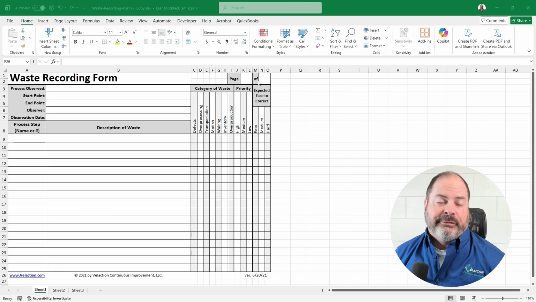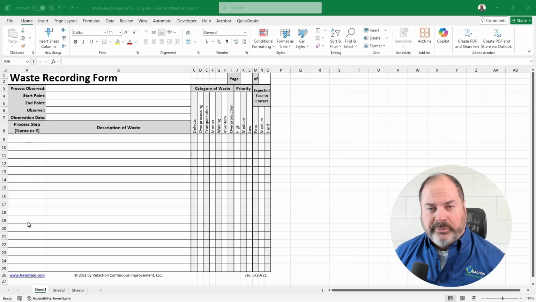The page you'll do after you're done, this will be page one. The number of how many pages depends on how detailed you get. So now, as you go into it, the process step or name, it really depends on what you're doing. If you're just observing one process step, you don't really need to fill it out in the moment. It just takes a little bit extra time, and sometimes when you're observing, you get things coming rapid fire. The description of waste, it's not a huge line, so you don't have a lot of space to write things in, but you want to be fairly